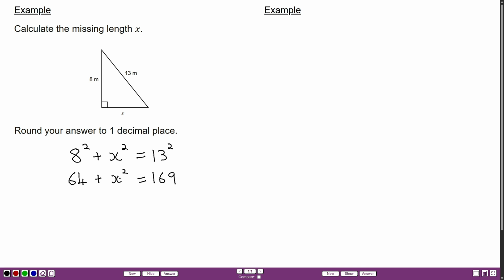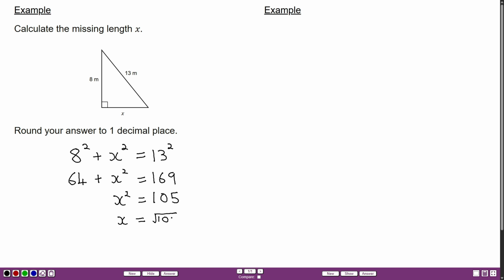Now hopefully you can see we need to do a subtraction to isolate this x squared term. So we need 169 minus the 64. That will leave us with x squared equals 169 minus 64, which is 105. Now obviously this short length can't be 105, we need to do our square root. So let's square root that